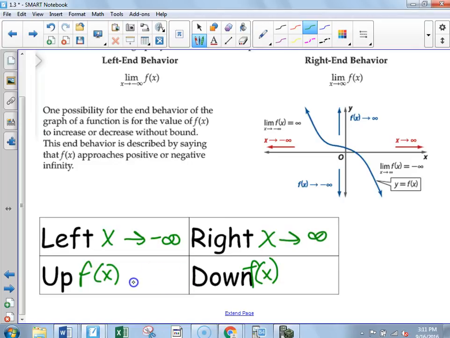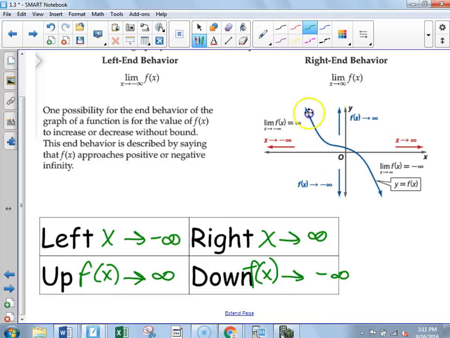Okay. What would the far up be called? Y is approaching positive infinity, and down would be y is approaching negative infinity. Okay. Some of you struggled with this last year. I know this because I've taught Honors Algebra 2, and some people just don't get it; you have to break it down into little pieces and think about it. This is saying as you go to the left, this is saying as you go to the right, up, down,